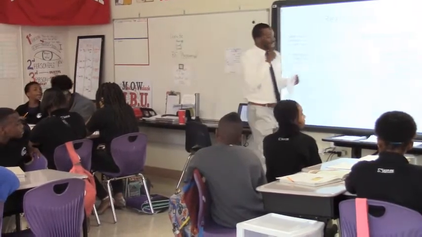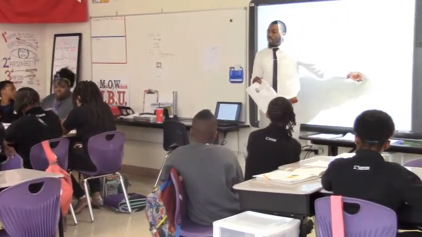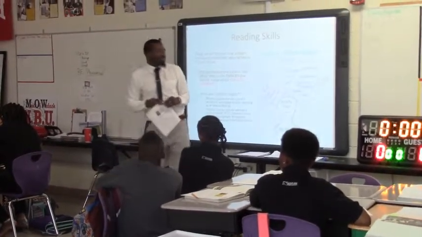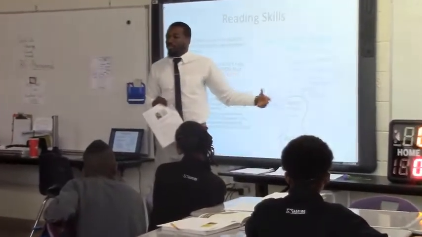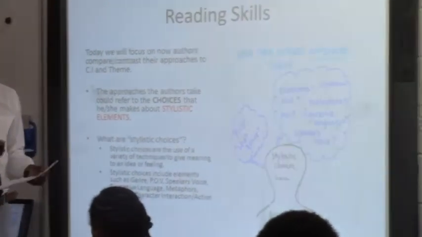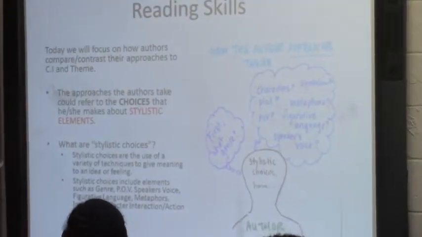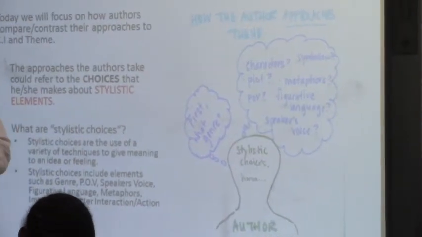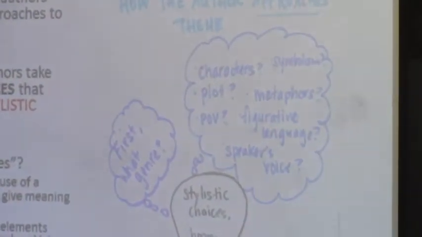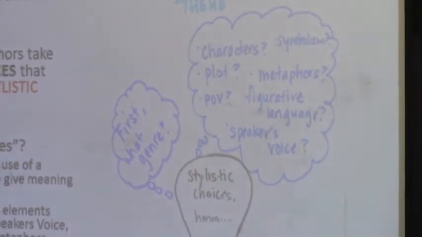So for me, I kind of got the speaker's voice, because I know this is the mother talking, right? So I kind of got her voice. If I'm looking at this, I'm like, okay, this has to be speaker's voice, because I almost feel like she's talking directly to me. And so that's another approach. So far I have that the author has used figurative language, and I know a lot of poetry uses figurative language. Although this author also has some type of speaker's voice because I feel like she's talking directly to me out of the text.